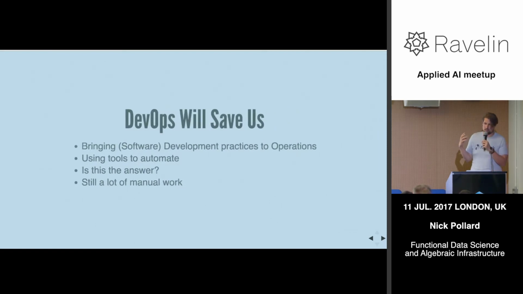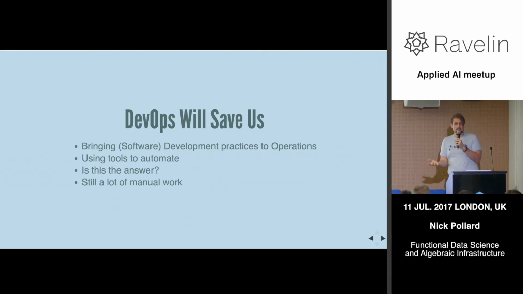So right now, probably the main idea people come up with is DevOps. It's a buzzword that's been around for a good many years now. And to me, at least, what that means is bringing the idea of software development practices to operations. Software engineers and computer scientists have built lots of tools for ourselves to help our own work, to automate things. And people are now bringing that automation to deployment and to operations.